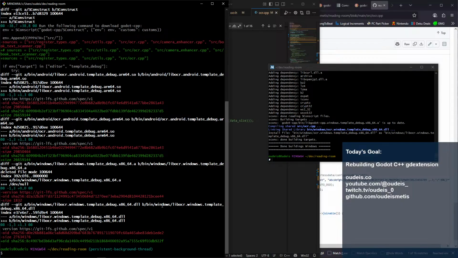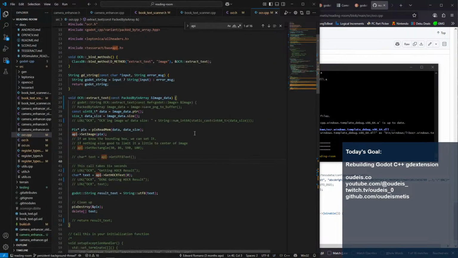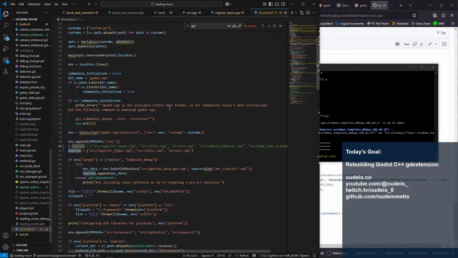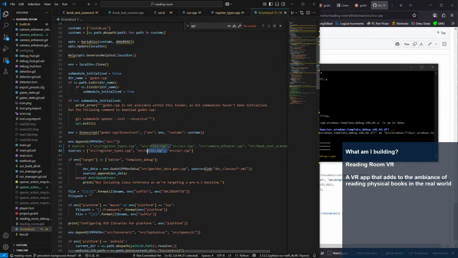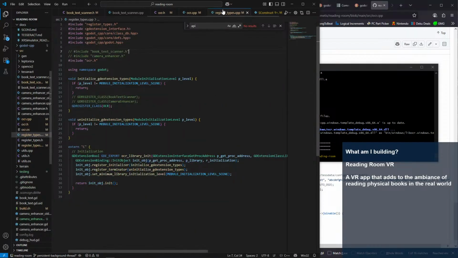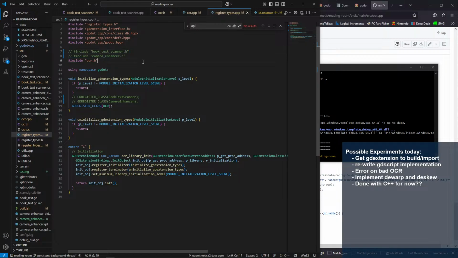What was I doing when that happened? Oh yeah, I was doing something with Git. Okay, let me take a look here real quick. There's a small chance the issue could be in the construct file here. Let me get rid of this file. In theory, utils.cpp was the issue, so I've removed that. And then register types just has OCR. I wonder if I still would need the .h file included here. Probably not. I think it's just .h so we can register.